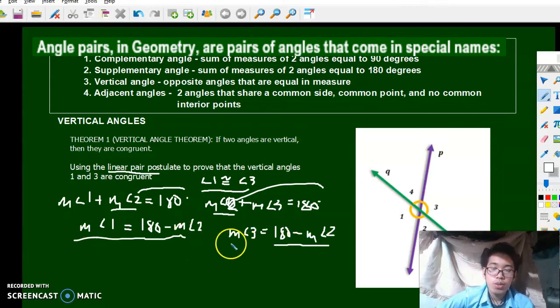So it must prove that the measurement of angle 1 is equal to the measurement of angle 3, even if we don't know their measurement. So we just prove that they are equal, and therefore the vertical angles, angle 1 and angle 3, are congruent. Angles 1 and 3 are congruent, and the measurements of angle 1 and angle 3 are equal. So that's our